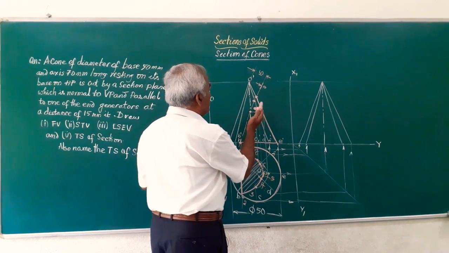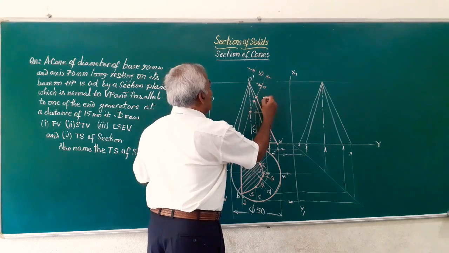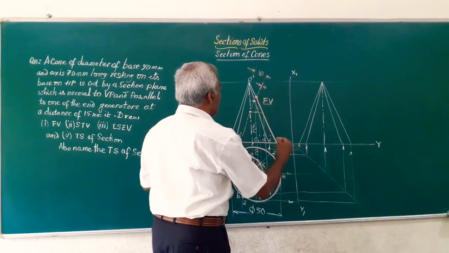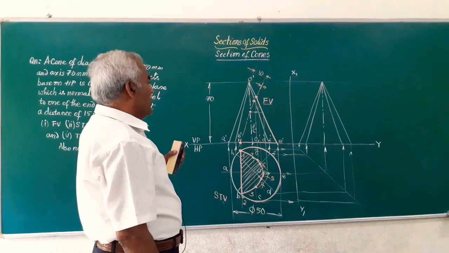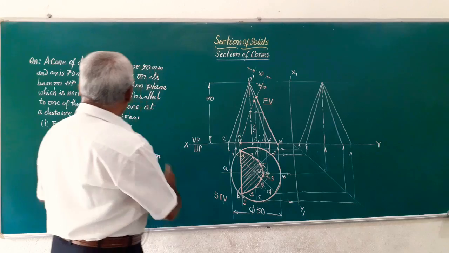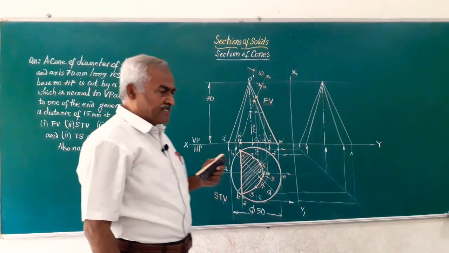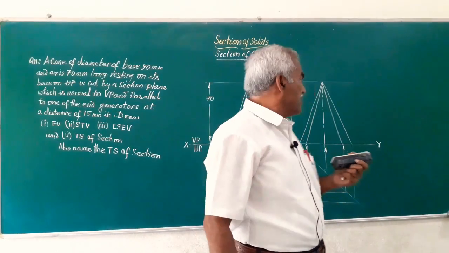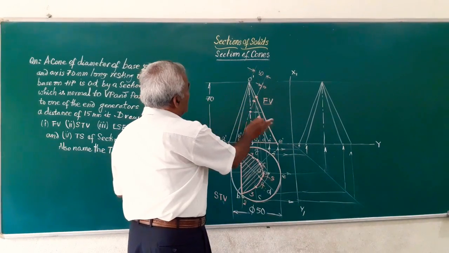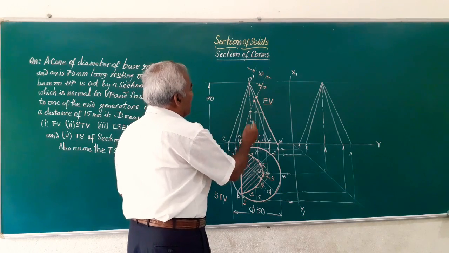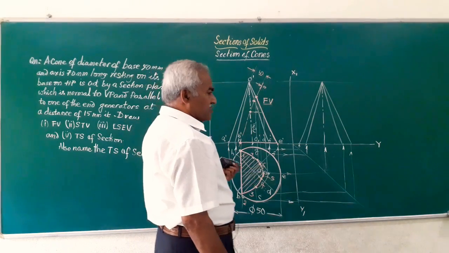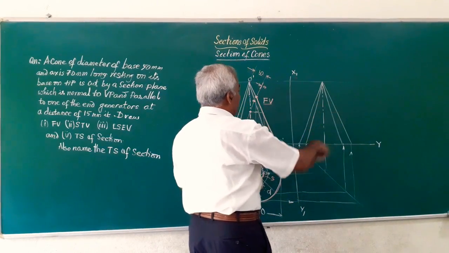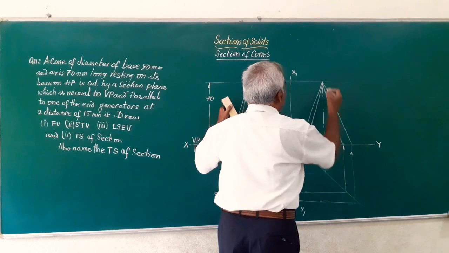Friends, here the portion of the solid that is retained is the front view of the solid. So, friends, we have got the front view, we have the sectional top view, and let us get the left sectional end view. That is, how does the solid look after the cut portion is removed in the end view. Friends, I am going to see from this direction, and let us see what are the points you are getting. So, before that, let me label or mark the end view, the corners and the base.